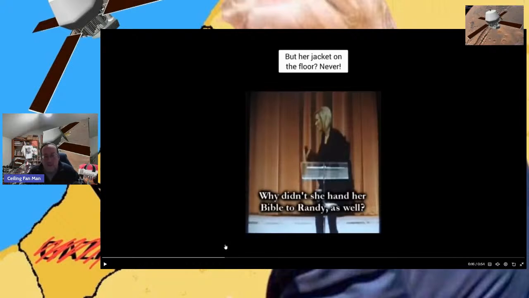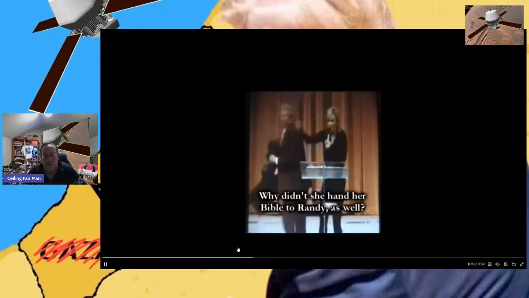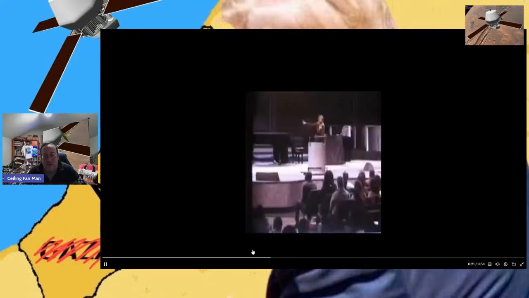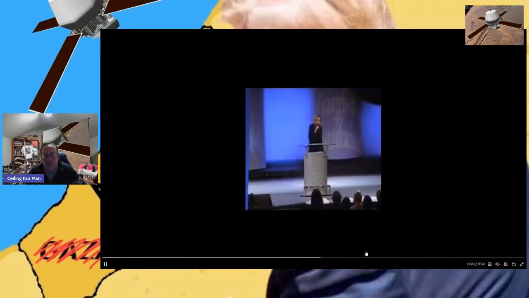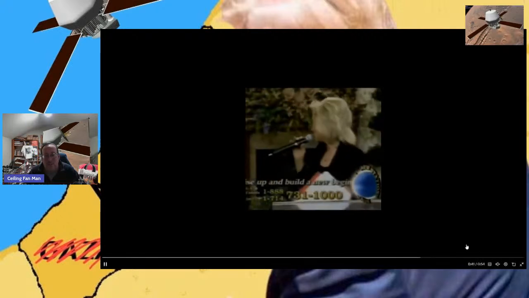Yeah. But she's okay with, I don't want my coat on the ground, so could you just take my coat? But meanwhile, I'll just toss the Bible to the ground because it's nothing, right? It's no big deal. You hold it up, you point to it, you just throw it on the ground. So there's that. Again, each one of these things, maybe I wouldn't, but somebody could give her a pass. But when you start adding up all these things that she blatantly does,